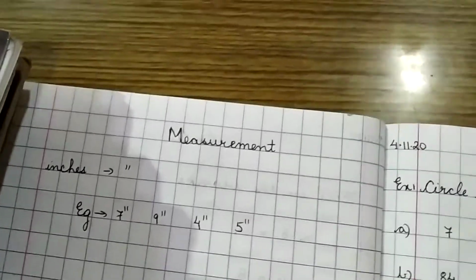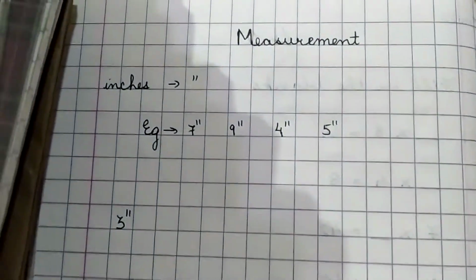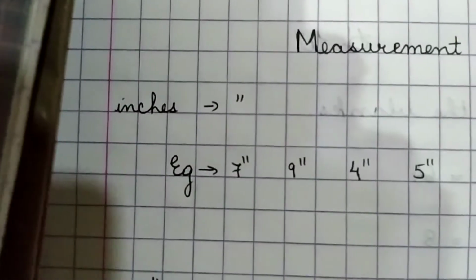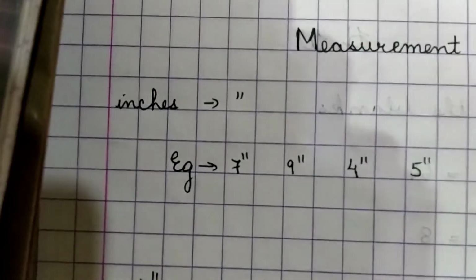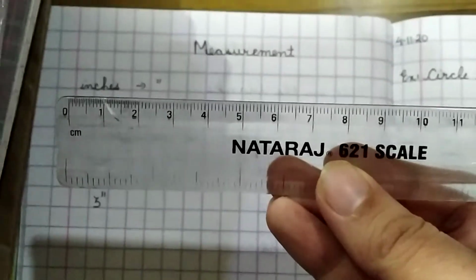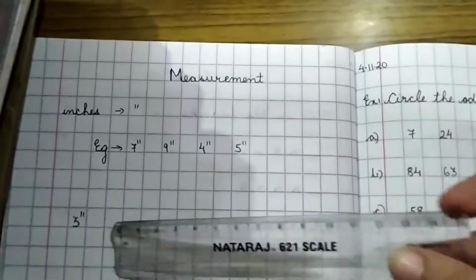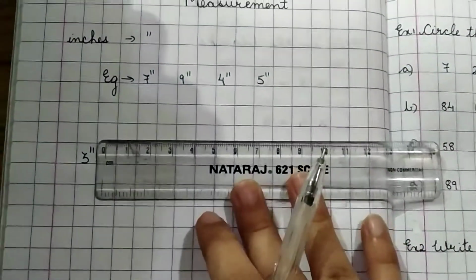Today children we are going to do a very important topic and the name of the topic is what? It is measurement. Okay, so we are going to do the topic of measurement. I am sure that everybody has seen a scale. You must all have seen a scale, the measuring scale, the ruler that you have at your houses. So this is a scale, this is the normal scale that you have at your house.